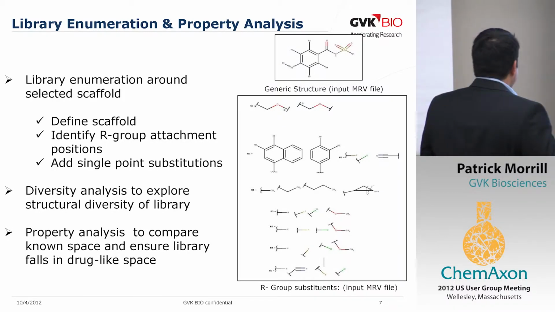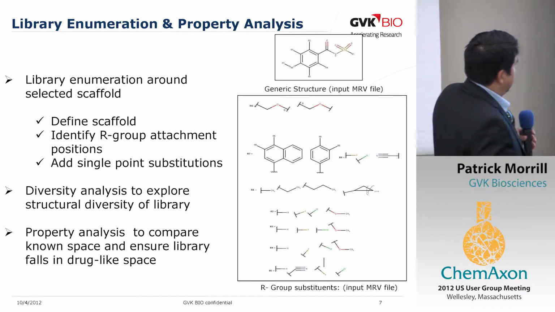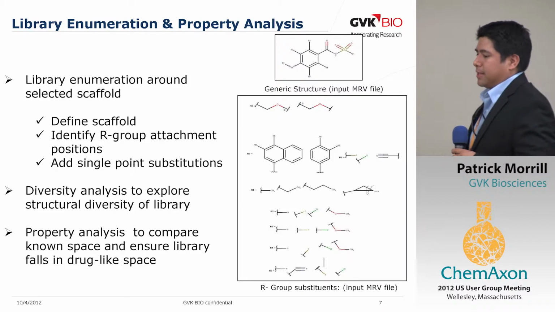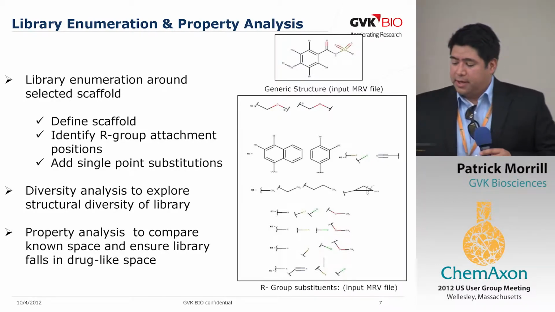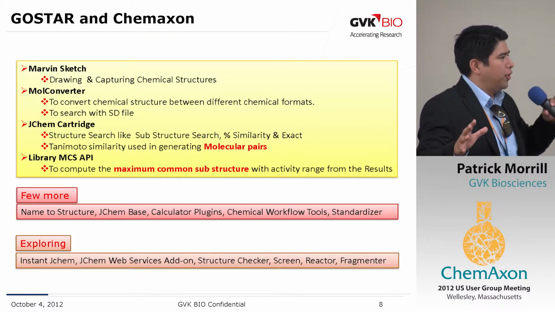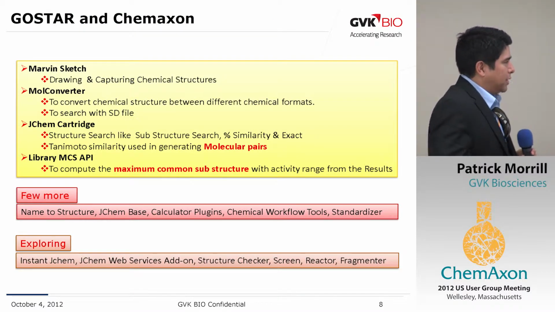I'm looking at the diversity analysis and the property analysis functions within the ChemAxon space. What I really wanted to do was take you through a general overview of the database and focus in on